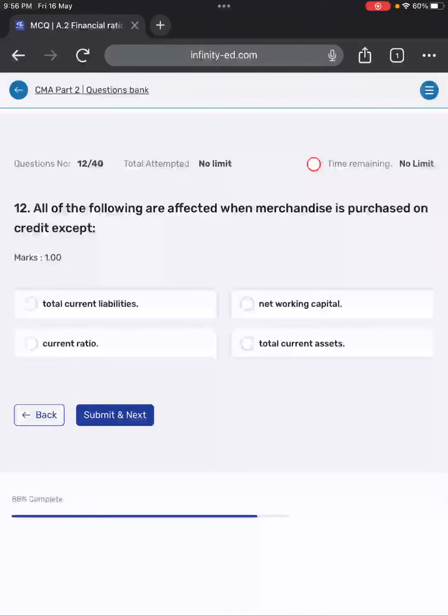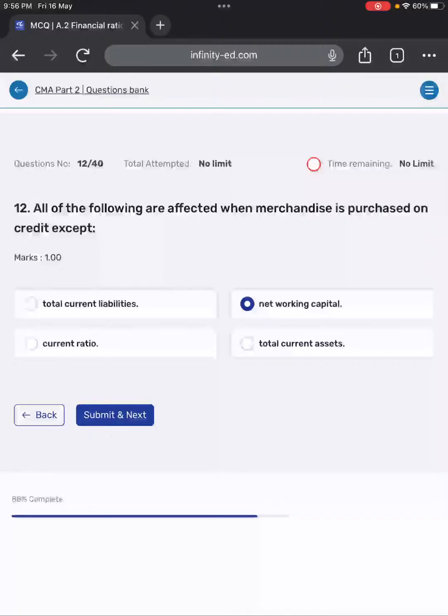Credit purchase means total current assets will increase if purchasing on credit. Net working capital will not be affected because